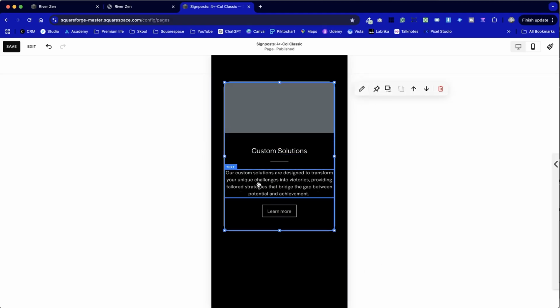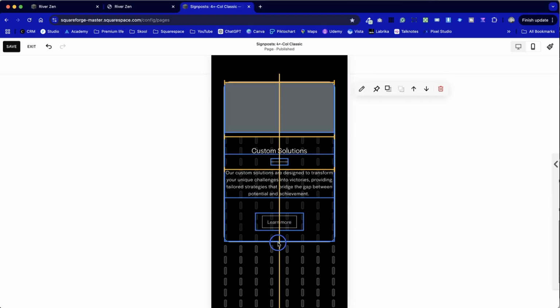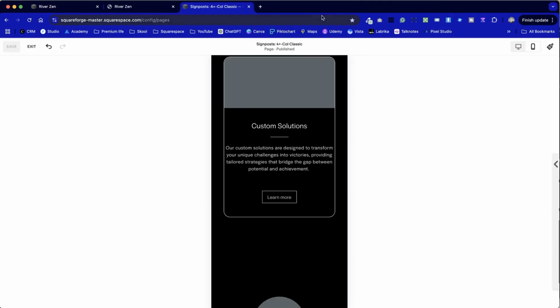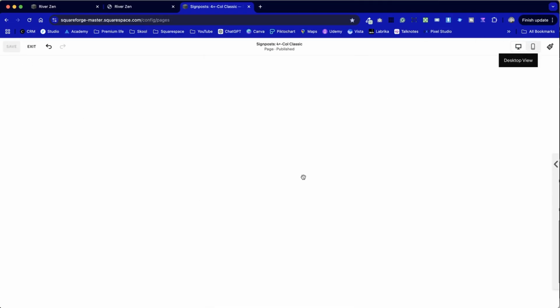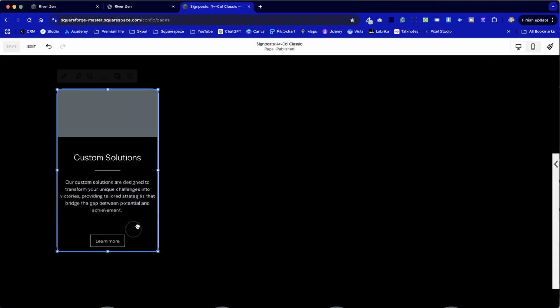The only thing we don't like is the lack of white space either side of this container here. I'm going to move the Learn More button down a bit more because it's going to come down over another line anyway. We're going to save this, hop back over to desktop view, and we can see that's largely looking pretty good there. We're going to select this text block once,